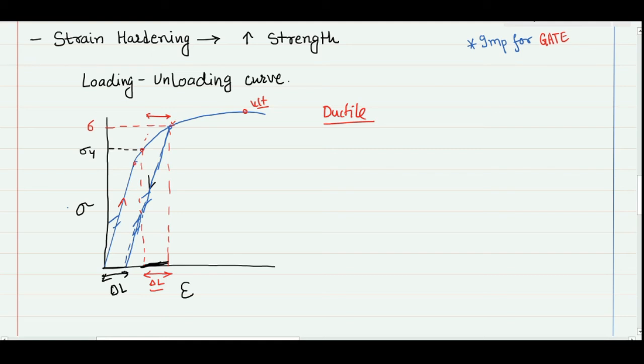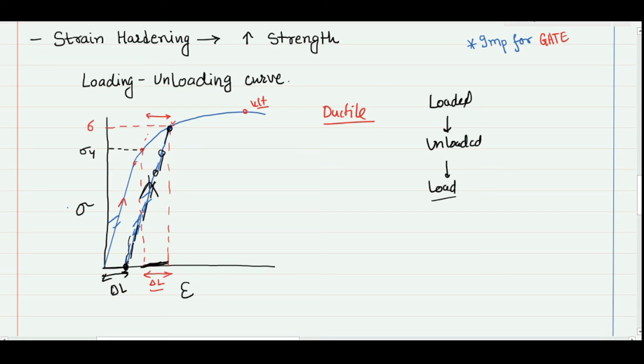Now if again you load the material. Initially I loaded, then I unloaded, and again I will load the material. If I increase the loading, the material will now start from this point because there is already a set of deformation. The material will again follow this same path, so it will increase in length along this line only, and this line is a straight line. Please understand that this is now the elastic limit, because within this range, if I remove the loading at any intermediate point, the material will go back to this position.